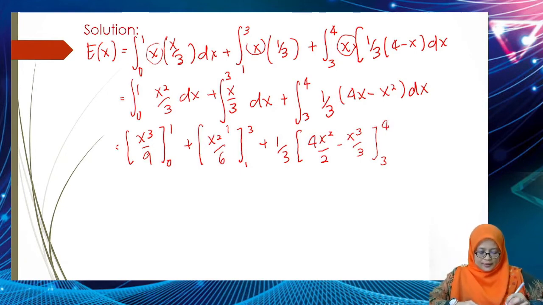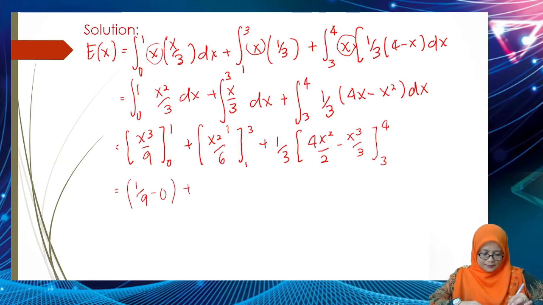Okay, so then kita akan calculate kita punya nilai. Nak bagi dalam decimal pun boleh, dalam fraction pun boleh. Ini jadi 1 over 9 minus 0. Ni akan dapat 3 square is 9 over 6 minus 1 over 6 plus 1 over 3. We substitute